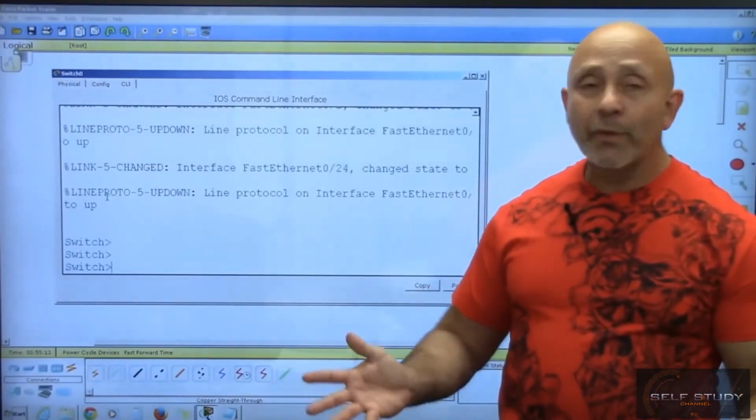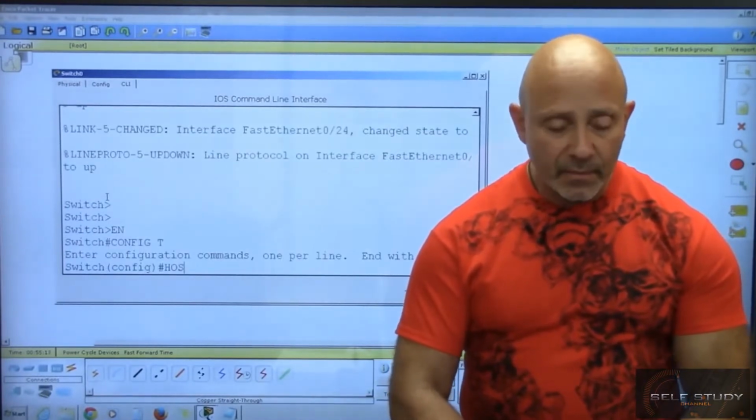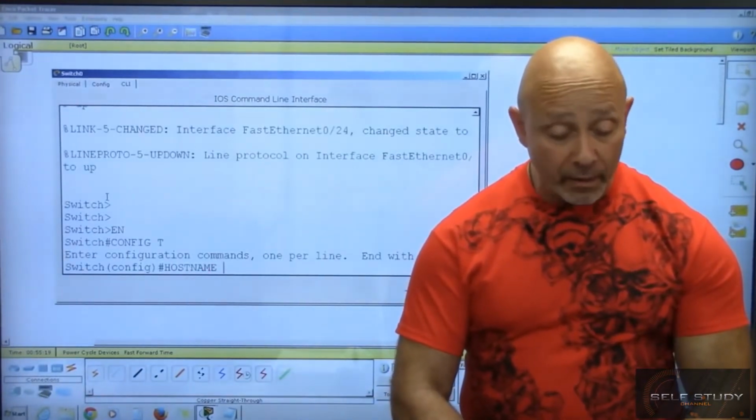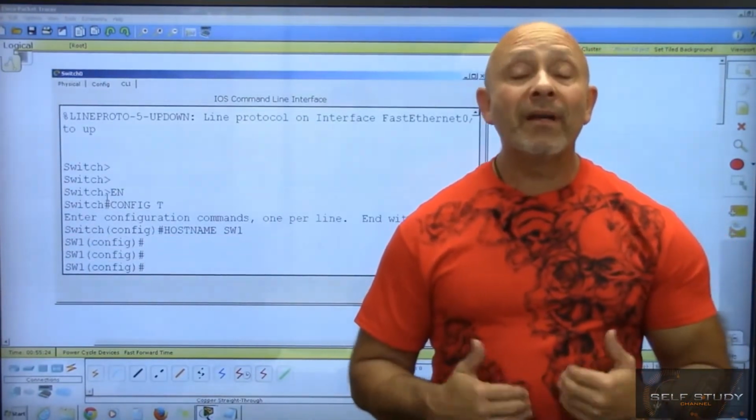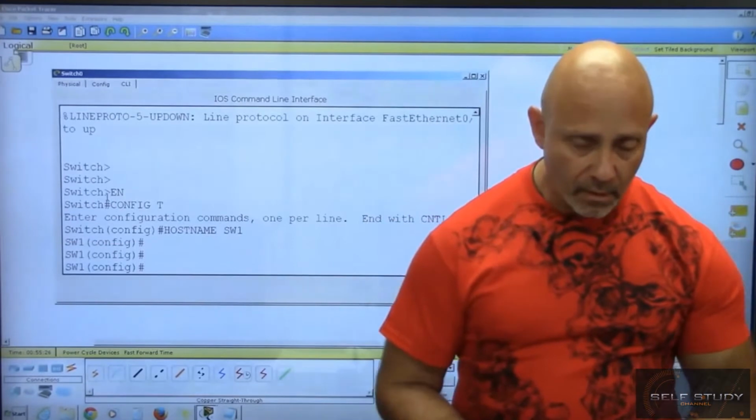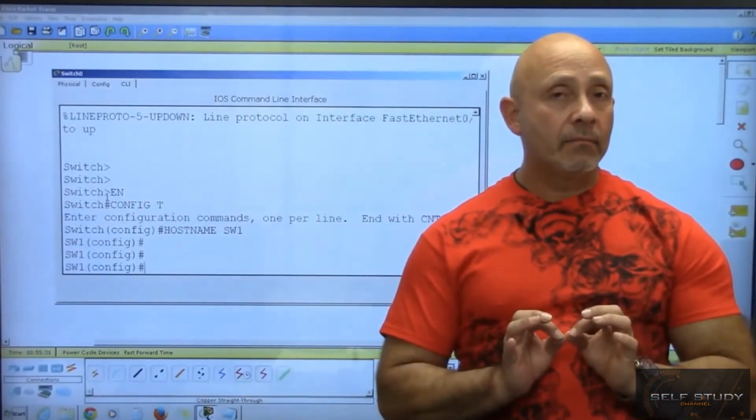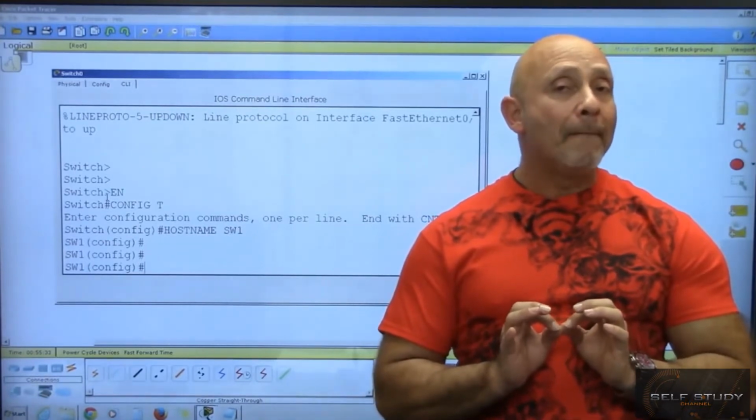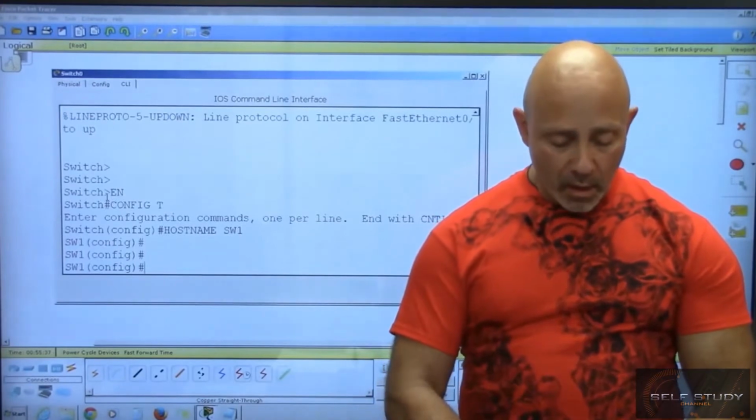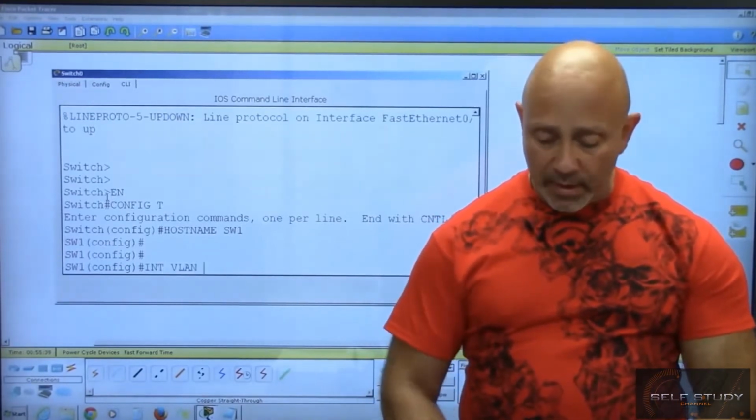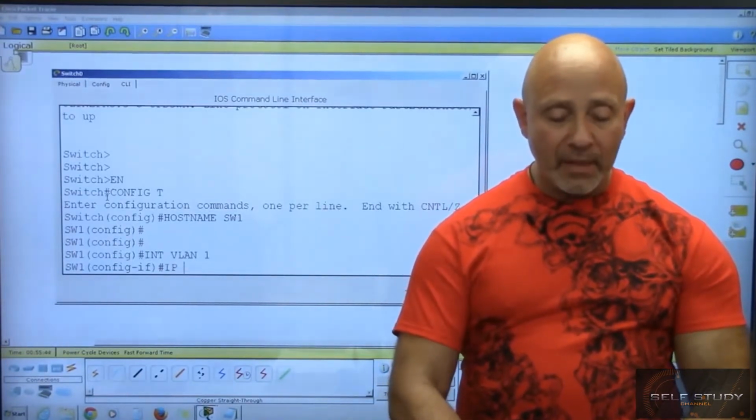All right, so the first thing we're going to do is give it a name. Enable, config T, hostname. We'll give it a very generic name, switch 1. All right, now we're going to give it an IP address. We give the IP address to the VLAN. All switches by default have VLAN 1. So we go into interface VLAN 1, it acts as an interface, and we go IP address